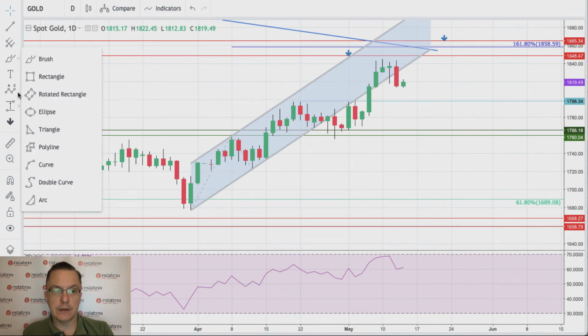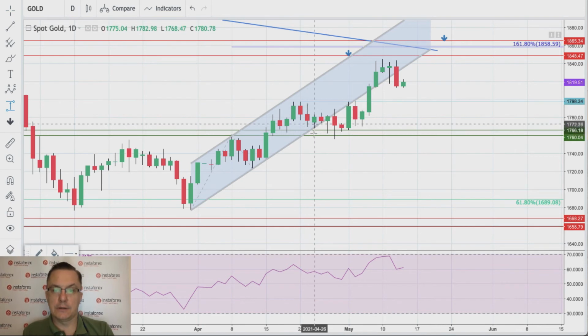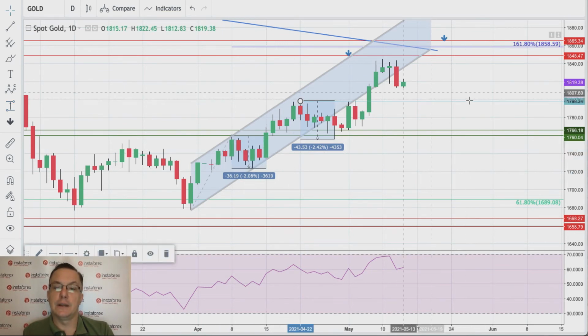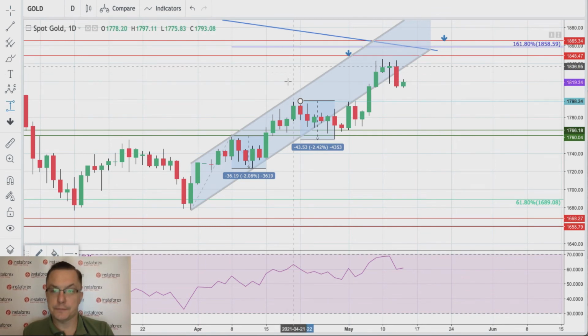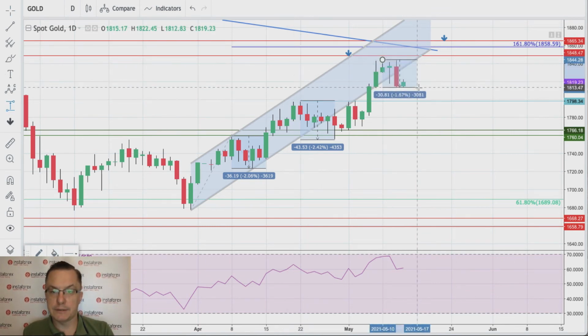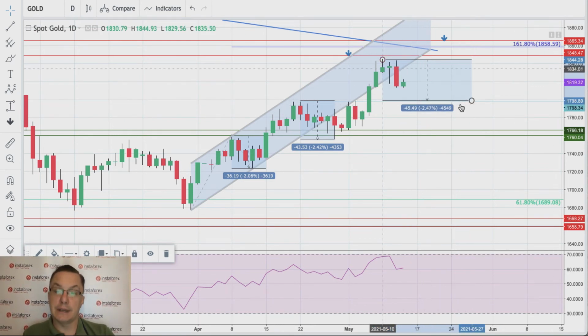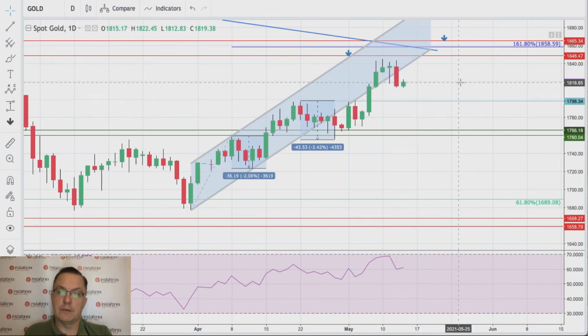Let me just take a look how much we've made during the recent correction. During this one correction, we've made around 2.43%. During this correction, we've made around 2.06%. That correction is already like 1% and something. Yes, it's already 1.72. So please pay attention to the breakout below this level, 1798, because then this move down will be the biggest correction during this up move, and that would mean we will have the over balance.